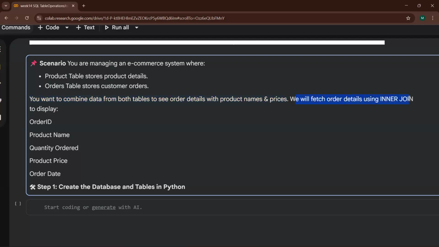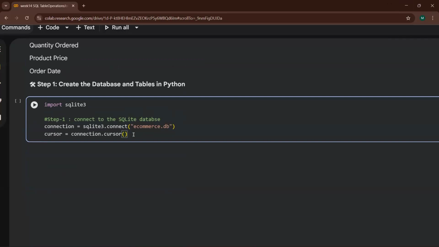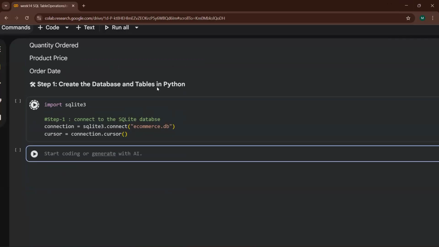We will fetch order details using inner join to display order ID, product name, quantity ordered, product price, order date, everything. So now the first step is to create the database and tables in Python. Simple thing: I'll take SQLite3 again, connect with the e-commerce DB and just create a connection with the cursor.